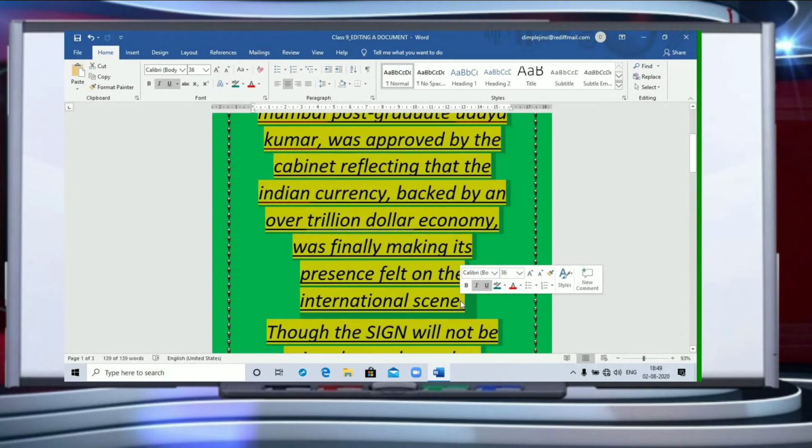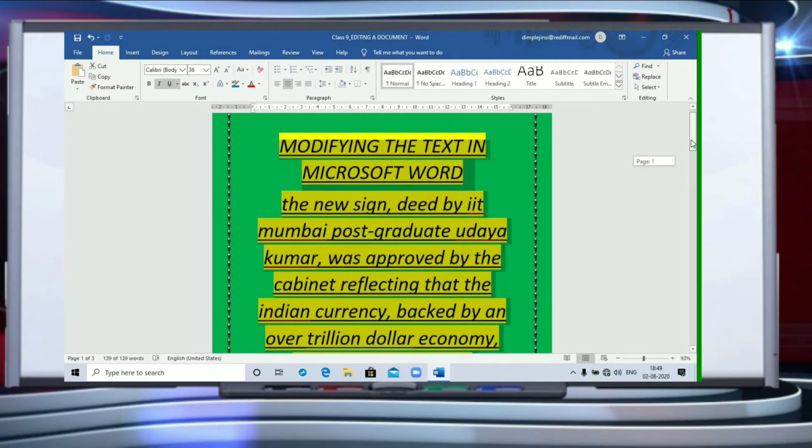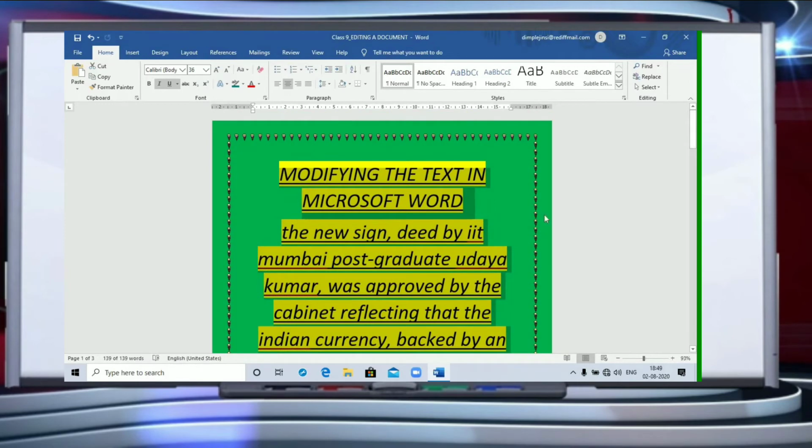The whole document has appeared in the same writing style and same background color. Like in the beginning, we are modifying the text in Microsoft Word. It is in capital letters and the background color is yellow. The whole text in this Microsoft Word has appeared in the same formatting. So this is a nice feature.